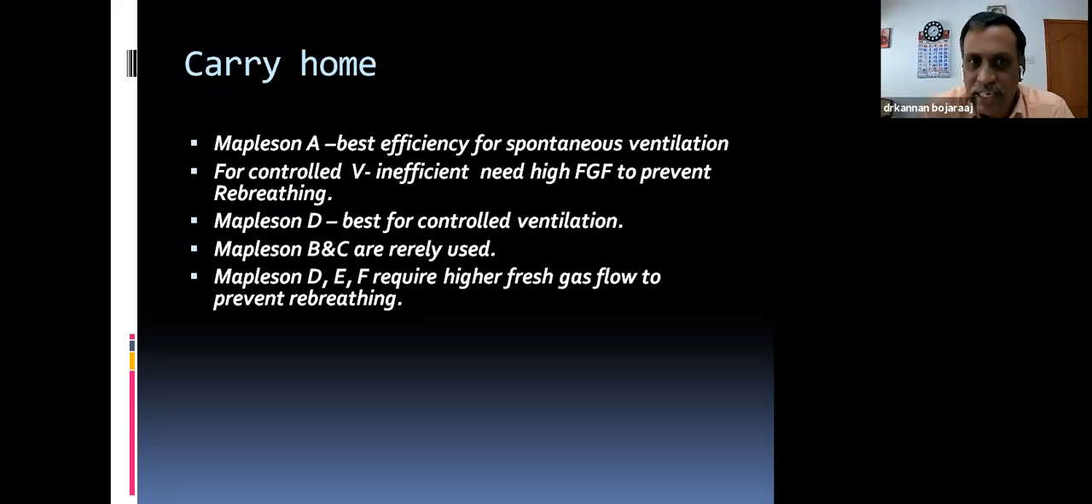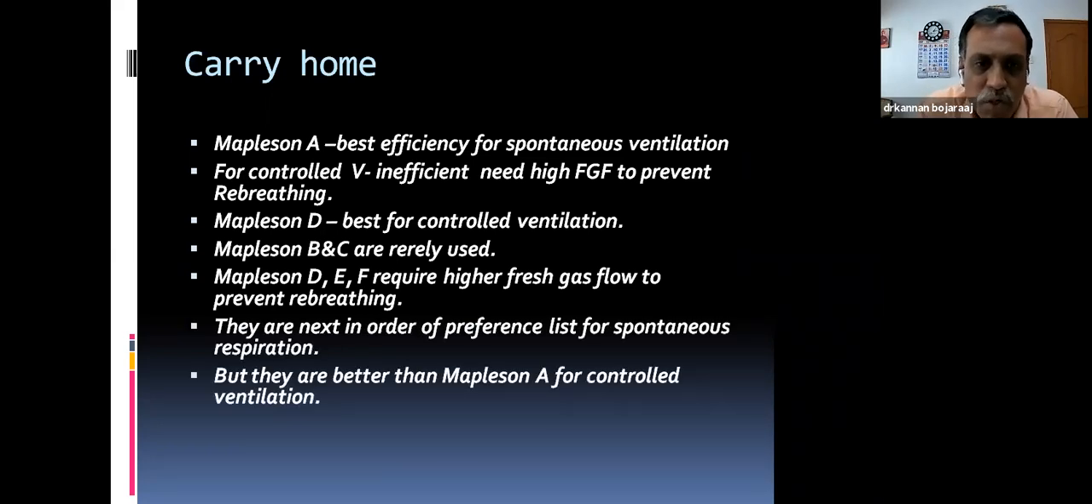That is the Afferent systems. And Mapleson ABC are afferent or efferent systems, depending on the position of the reservoir bag. They are next in the order of preference for spontaneous respiration. Mapleson D, E is best for controlled ventilation and not best for